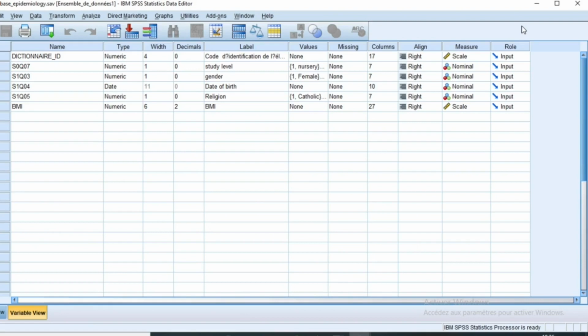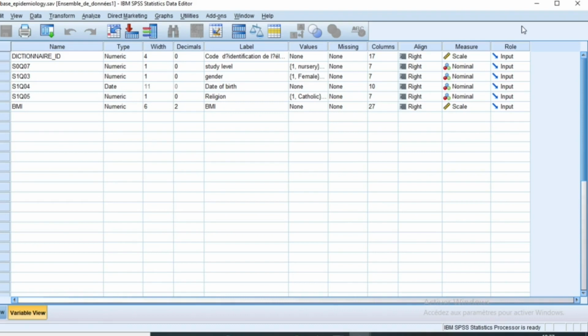The second thing I'm going to show you is how to perform the chi-square test, which is a very useful test in epidemiology, used to analyze the degree of dependence between qualitative variables. We'll also show you how to compute and interpret odds ratio and relative risk, which is a measure also used in the analysis of a disease to show which factor is increasing or decreasing